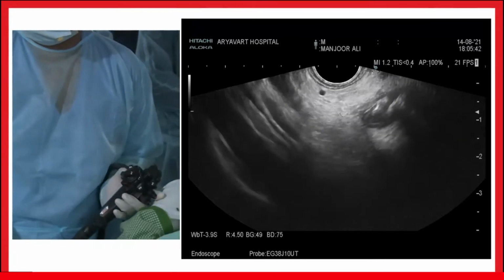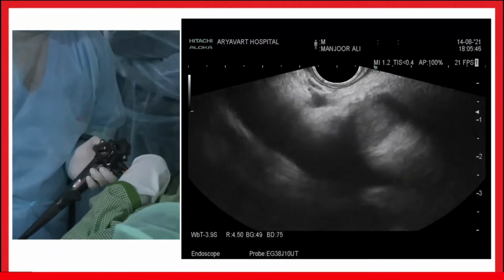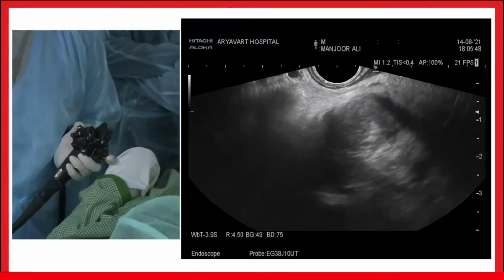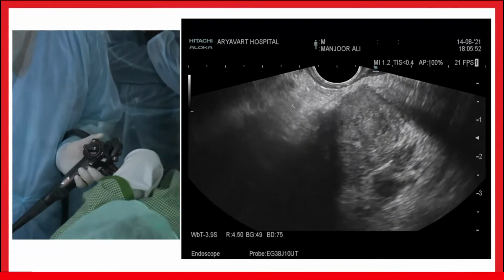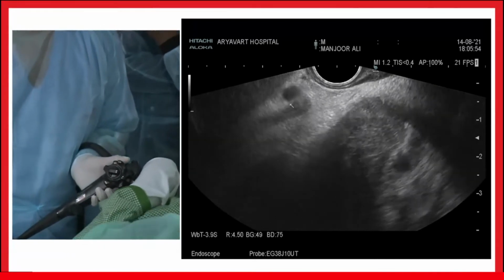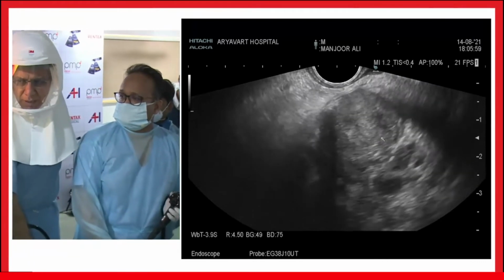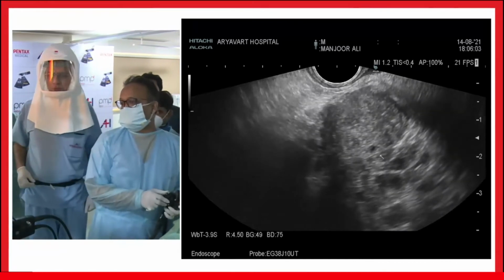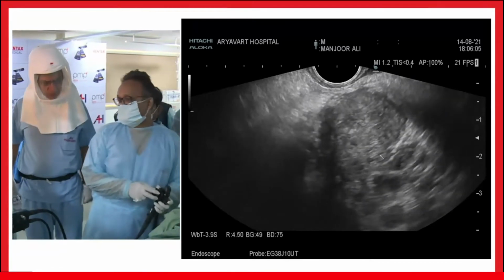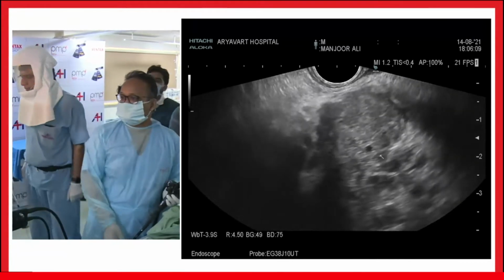Let me rotate more. Yeah, this is the gastroduodenal artery. The gastroduodenal artery doesn't matter also, because the hepatic artery is quite up. So this is a pure neck mass close to them. The patient is having persistent pain, so even if the biopsy comes out negative in this setting, I think he deserves a surgery. So you do FNAC, please.